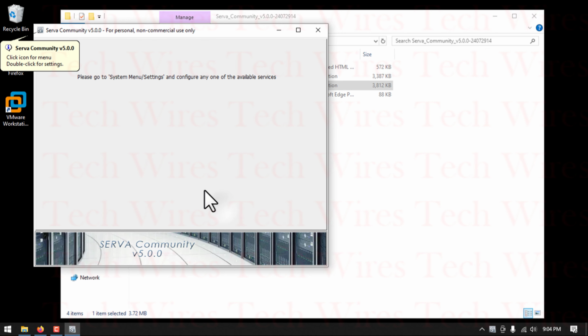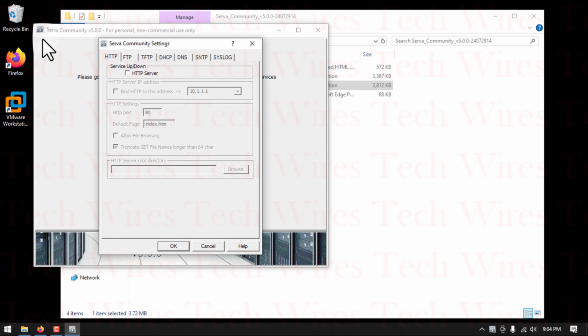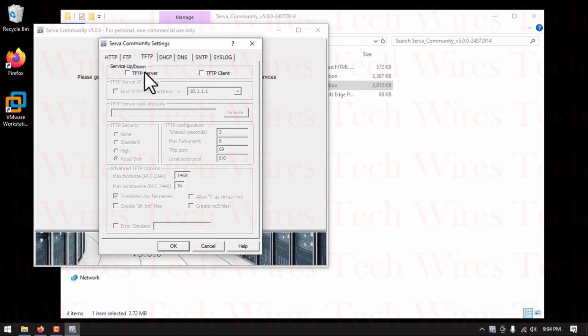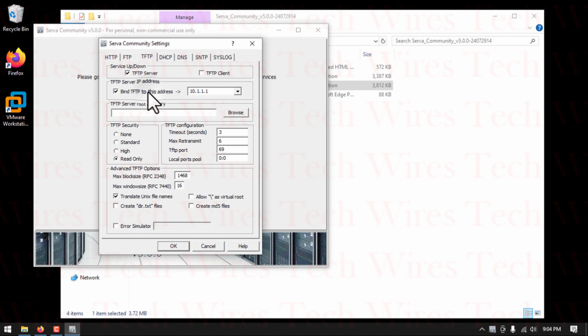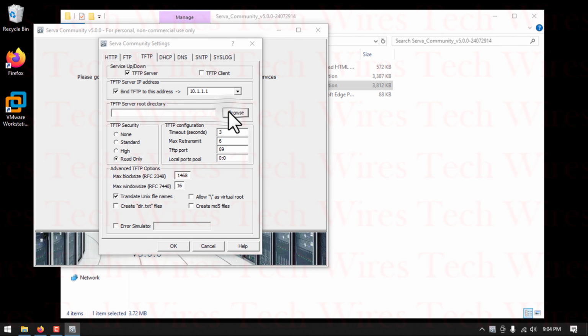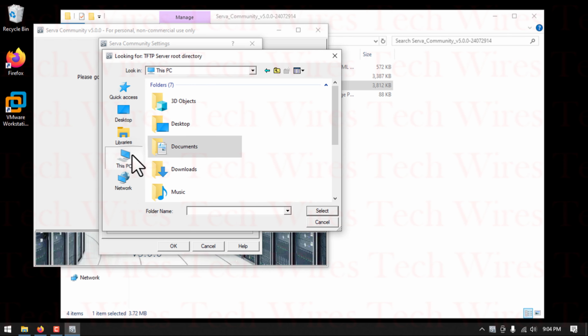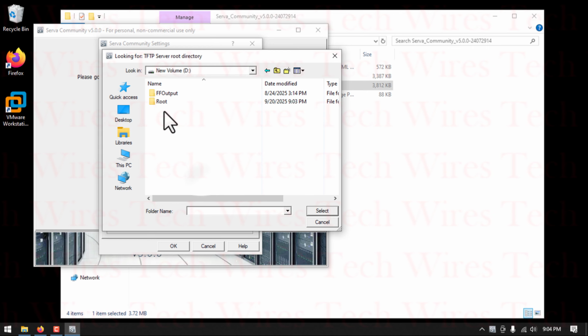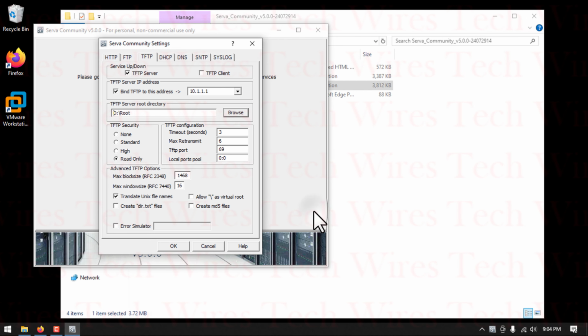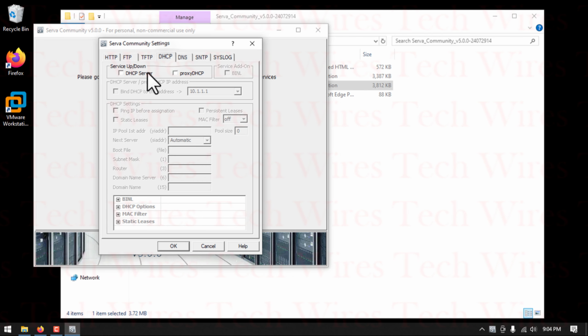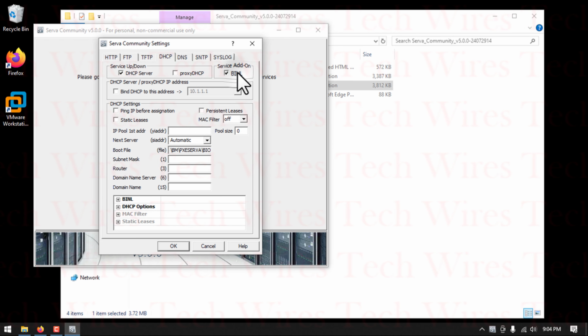Click on the top left icon, go to settings, TFTP, select TFTP server, bind this server, click on browse to select the root directory, go to This PC, go to D drive and select this root drive, click on select. Now go to DHCP, select DHCP server, click on BINL, bind this server